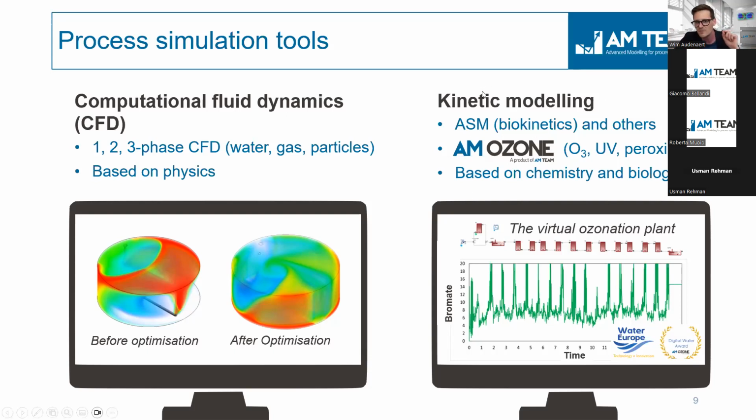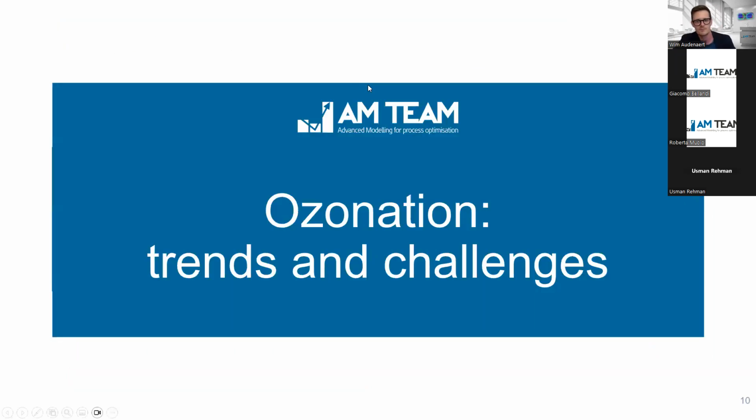But kinetics are also very important because in the water industry, things are being converted, either biologically, physically, or chemically. So we have been building or applying different models. For example, on the wastewater side, a lot of biokinetic models, but we have also been applying a lot of chemical models. And on the drinking water side, also different ones next to oxidation processes. We use the combination of both because that's very powerful. And this is one of the topics in this webinar. So you will see a lot of examples.